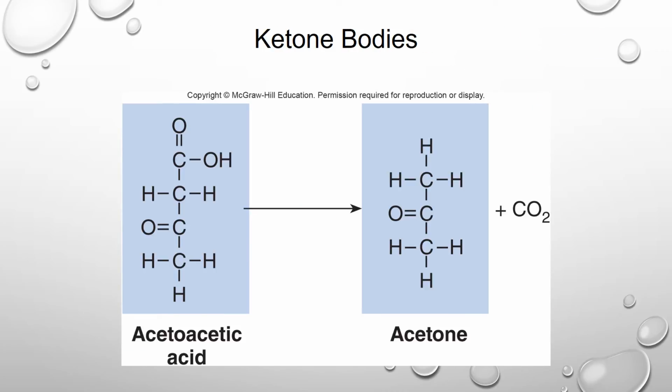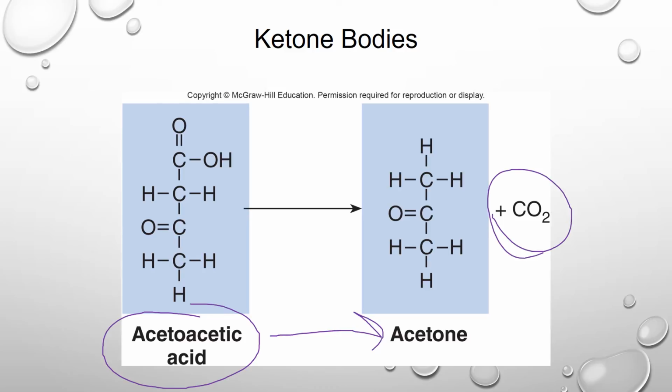Under certain conditions, our body has a mechanism to produce glucose from non-carbohydrate sources, and this is through ketone bodies. With ketone bodies, triglycerides undergo hydrolysis, or breaking of bonds, and then it forms free fatty acids in the blood. Then that can be used for energy or can be converted by the liver. Here in this example, acetoacetic acid can be converted into glucose, but one of the byproducts is